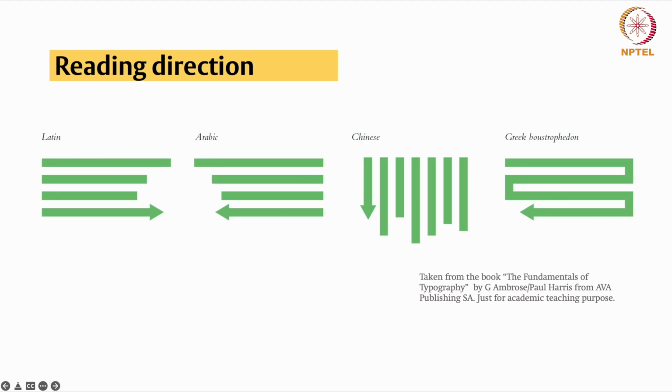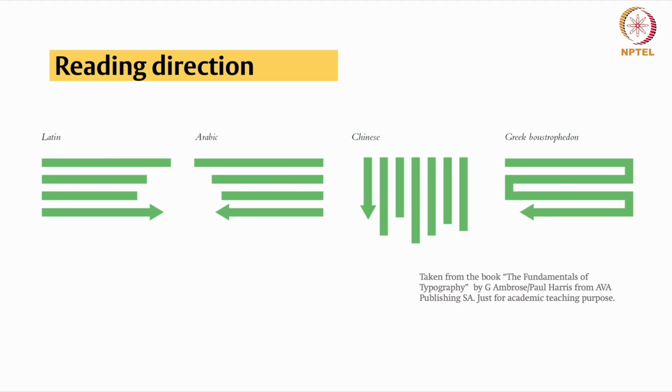Similarly, the whole concept and planning will change if the reading direction is from right to left. For example, if you look at the Arabic language, or Hebrew, the first emphasis goes to the top right corner, which is the second example visible on the screen. Here you start reading from this direction and go towards the left. This is exactly opposite to the Latin. So if the designer is not aware of this and follows a Western language approach, the design will not work.